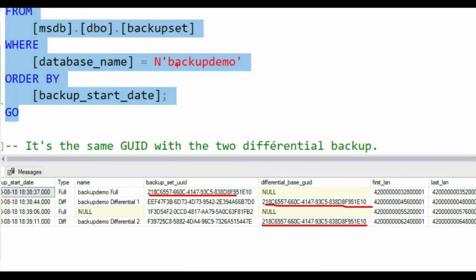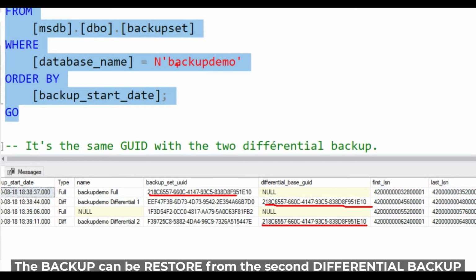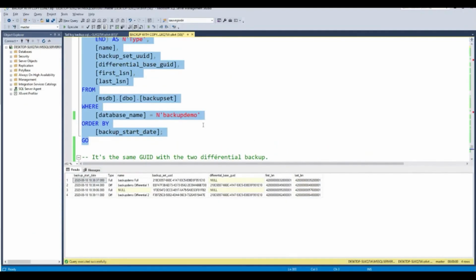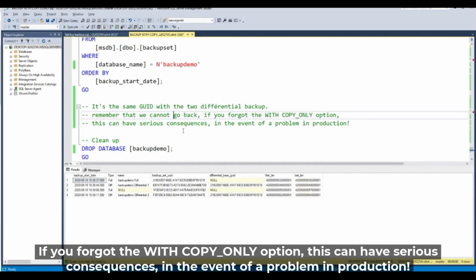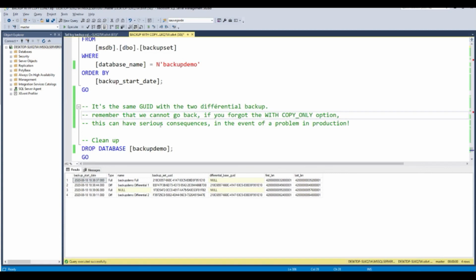Okay, the backup can be restored from the second differential. I think you understand. It's very important to set up this option. Remember that if you forget the copy only option, we can have a serious consequence in the event of a problem in production. Okay, let's go for the next demo.